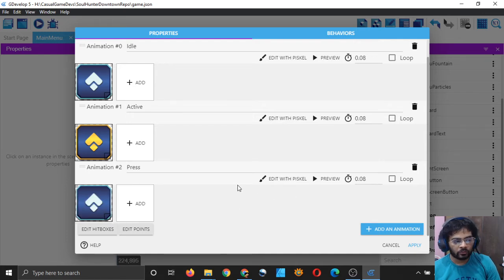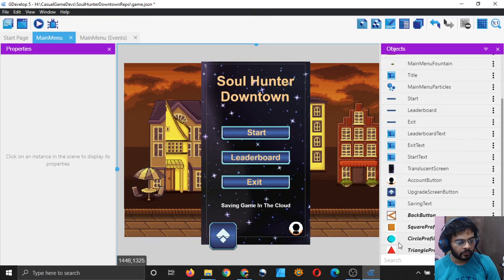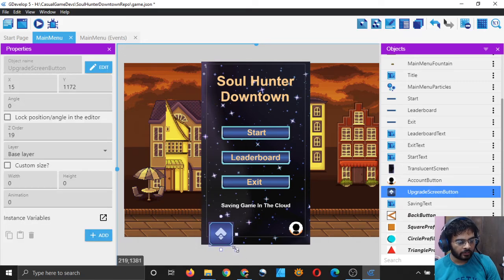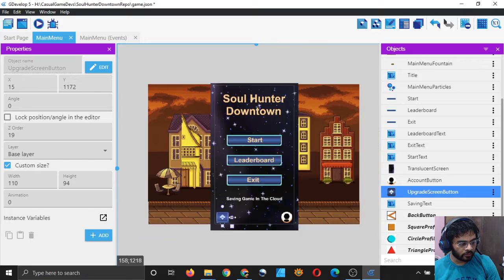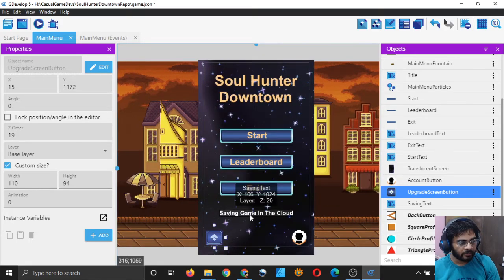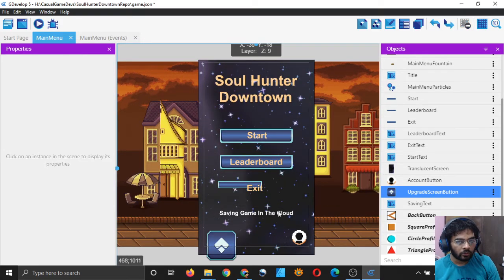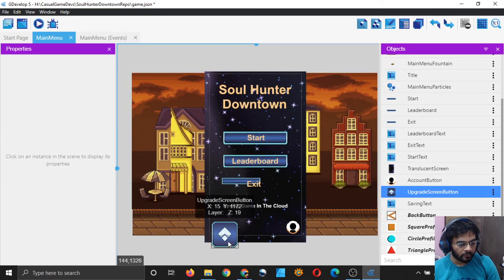Right? So that's good. And now simply click apply, and you can see you have the button, but it is very big. So click it and simply drag it to make it small. But if you drag it this way, it will change its aspect ratio, which you don't want, right?